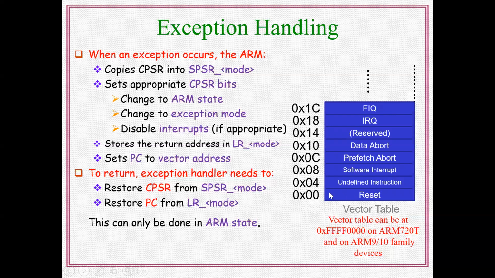So this is the interrupt vector table. 00 is reserved for reset, 04 for undefined instruction, 08 for software interrupt, 0C is prefetch abort, 10 is data abort, 14 is reserved, 18 is IRQ, and 1C is FIQ. If you observe this interrupt vector table, each and every interrupt is assigned only 4 bytes. Within 4 bytes, the interrupt service routine is not possible. So you create a link, and to create a link we require one instruction. Any instruction in ARM has a maximum size of 4 bytes, so they are given only 4 bytes. This is about the interrupt vector table.